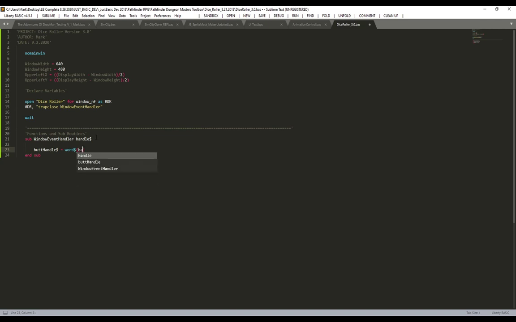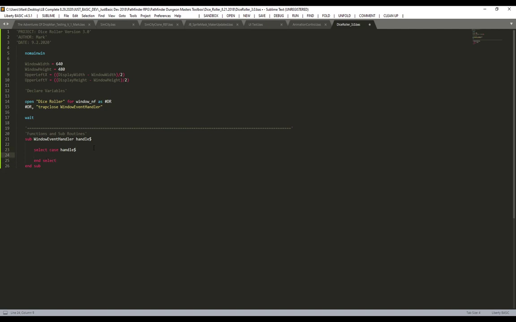And basically we're going to look at handle. Well, I don't think we need to parse this actually, so I don't think we need to do that on this one. Let's go ahead and see. So basically we'll pass in the handle, and we'll have a select case, because we don't need to break down anything else out of that. And then end select,